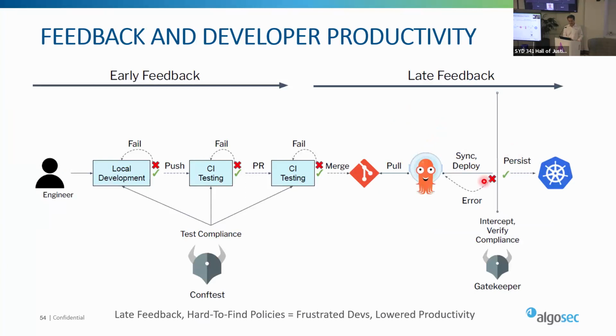This is an example. You should provide conftest, and you need to provide feedback and fail as early as possible, as I mentioned before. As well, use GitOps in the deployment, making sure that Gatekeeper helps you block things from going in. So if you define that port 80 is not allowed, then you validate it before it gets deployed.